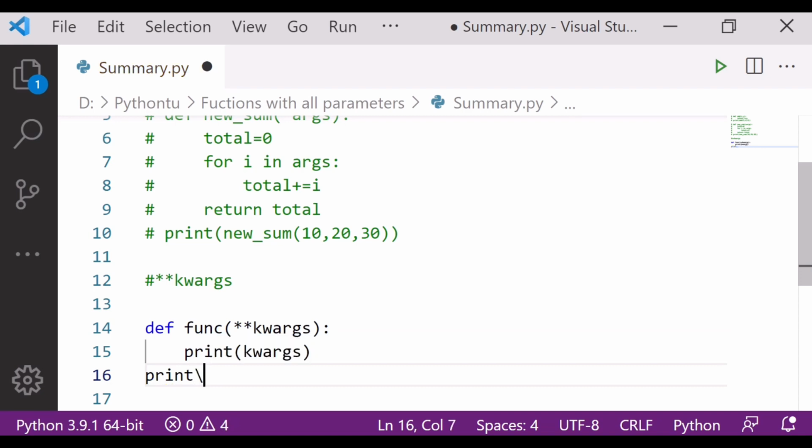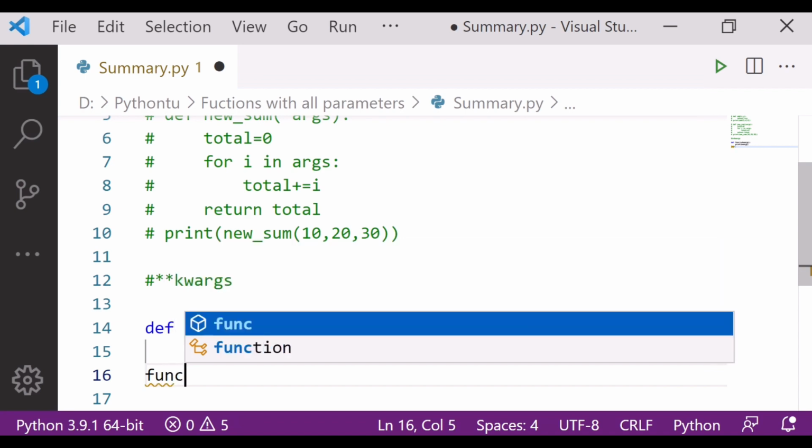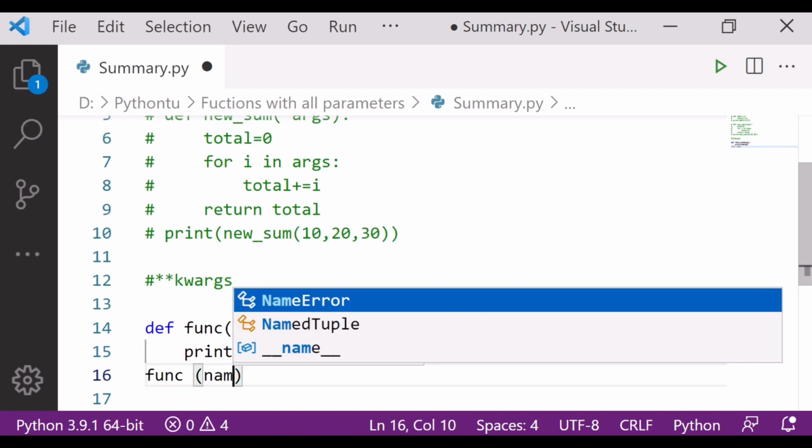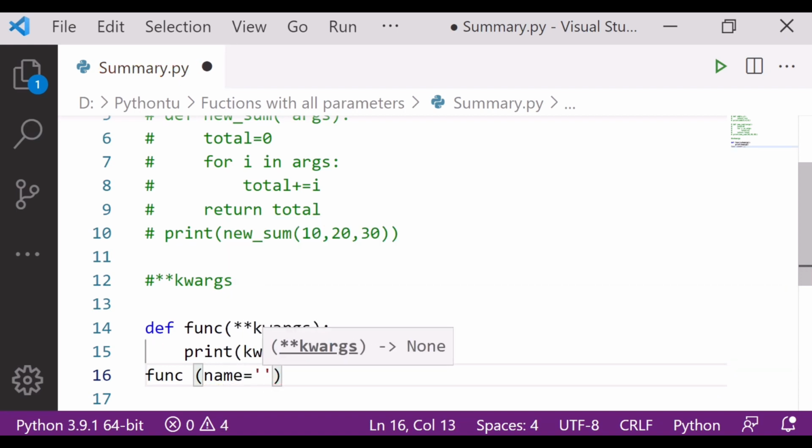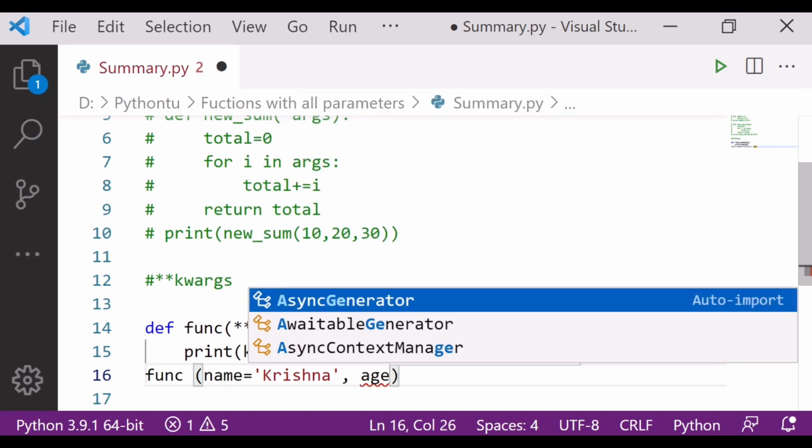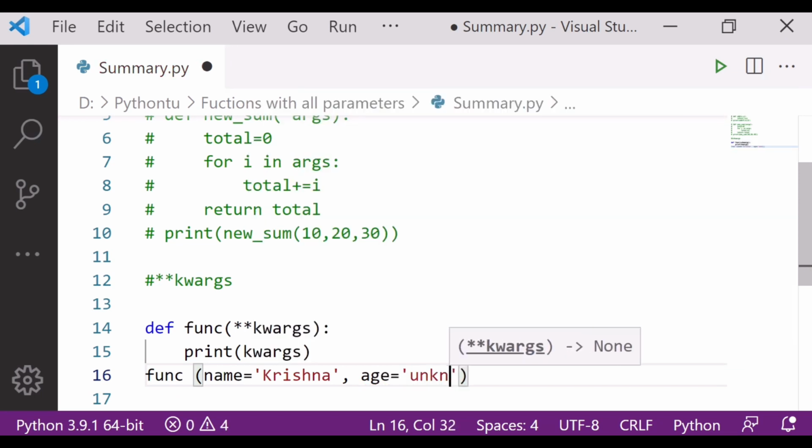Wait a minute. Okay, so I'll call here my function name, and I'll write here name equals Krishna, and after that I am writing here age, that is unknown.